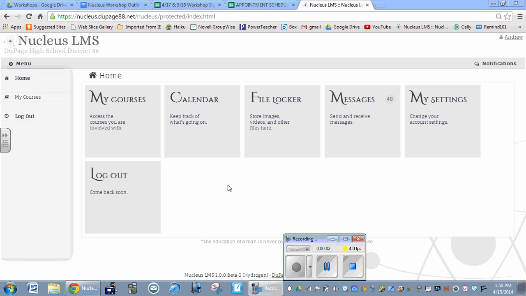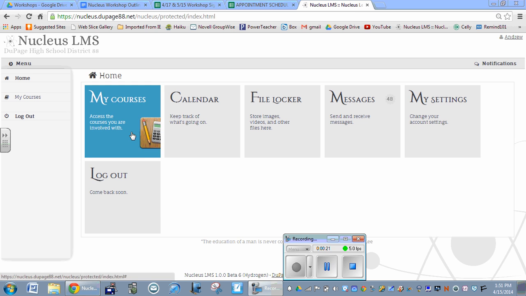Now, Nucleus can be used for sports and activities outside of the school day as well. You already have your classes in here from PowerSchool. If you teach any classes, they're automatically there. But let's say you want to make a class for your sports team or your after-school activity, you can easily do that as well. So we're going to go to My Courses,